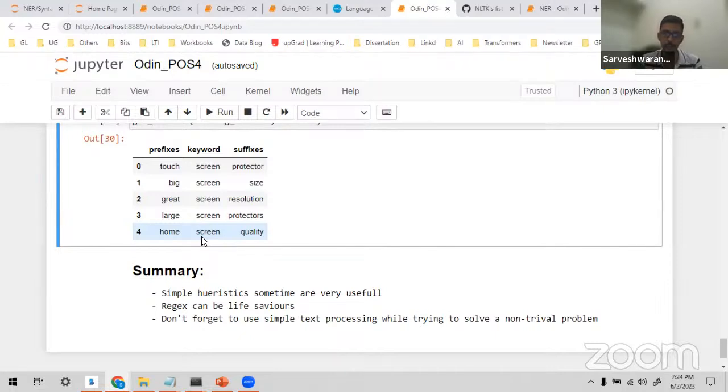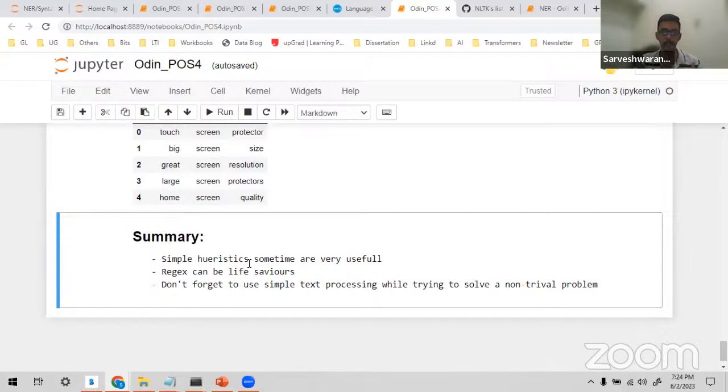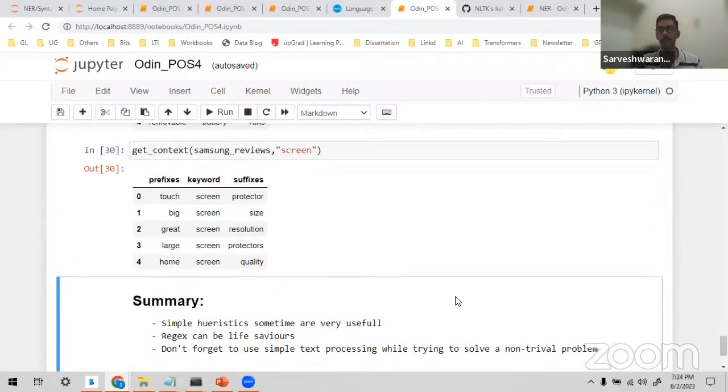I'm not saying this is all, but at least we have taken one step forward from the raw text we were seeing. So some very simple heuristics are sometimes very useful. Regex can be a lifesaver. Don't forget to use simple text processing while trying to solve a non-trivial problem.